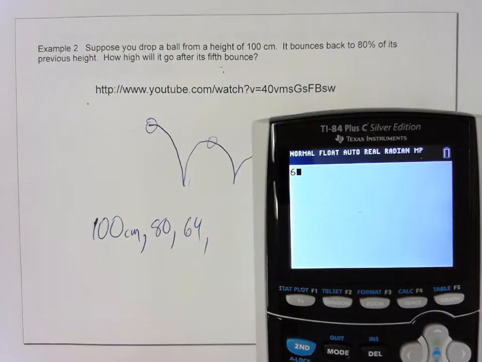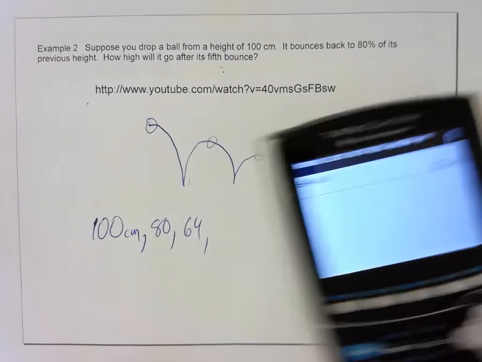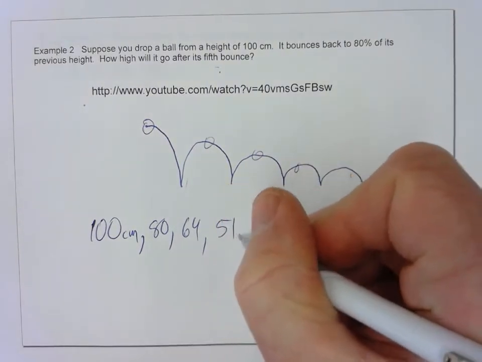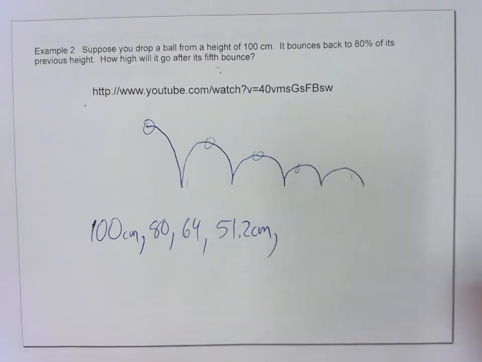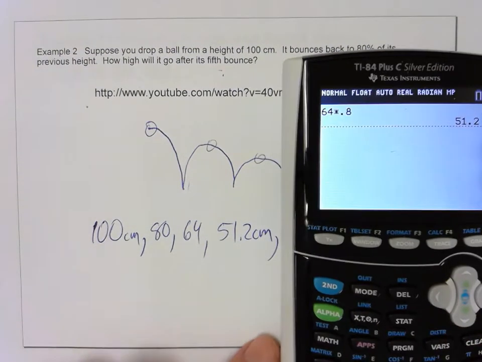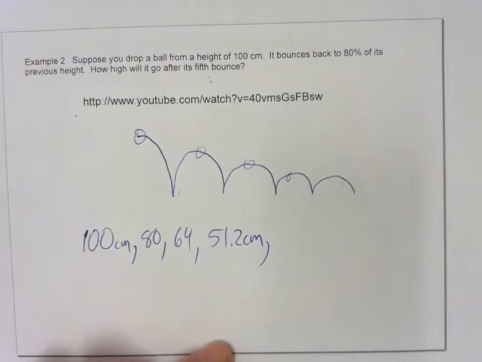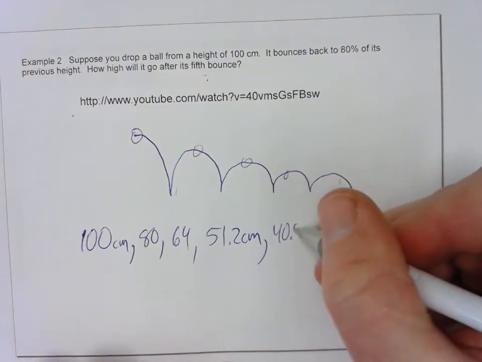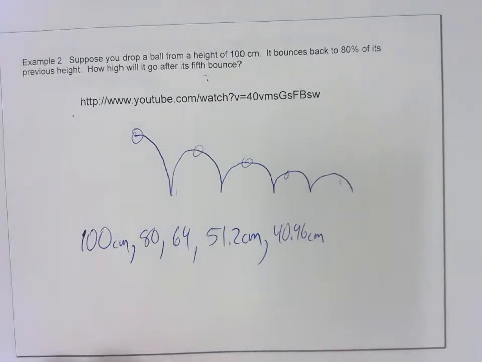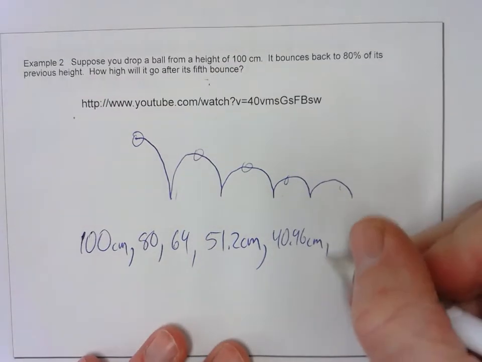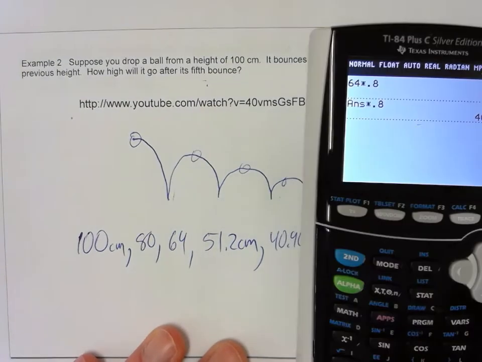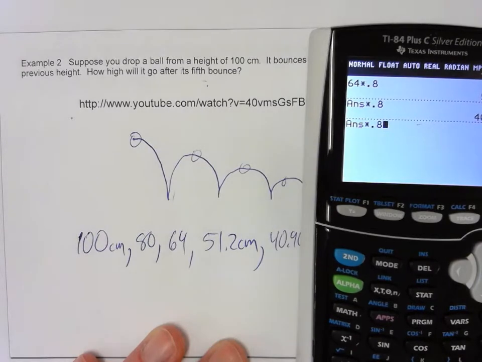So 64 centimeters times 0.8 would be 51.2 centimeters. And then the next one would be times 0.8, which would be 40.96 centimeters. And then we're going to go back 80% of that, so multiply by 0.8 again, and you get